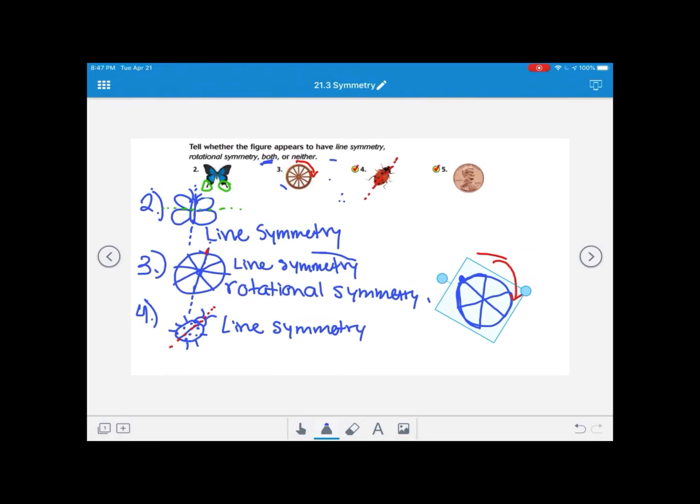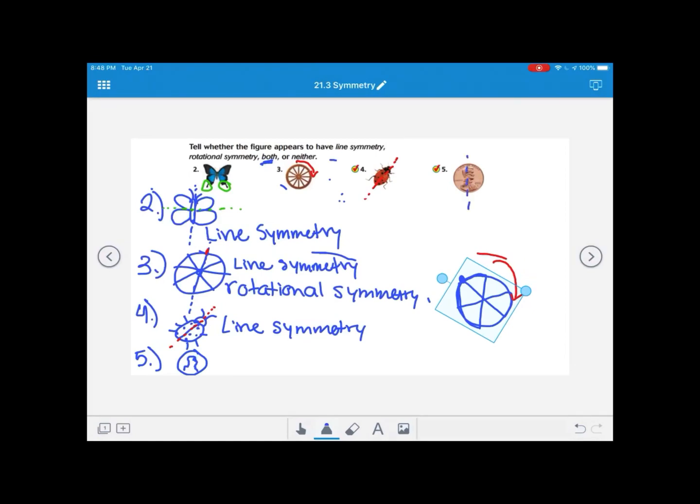All right, now taking a look at the penny. This time, I would like us to include the pattern we see on the penny. So looking at the penny, picture of Abraham Lincoln. Now, if it was just a circle, that would be one thing. I'm going to just draw a little sketch of a man on there. If it was just a circle, it would have line symmetry and rotational symmetry, but I want you to imagine